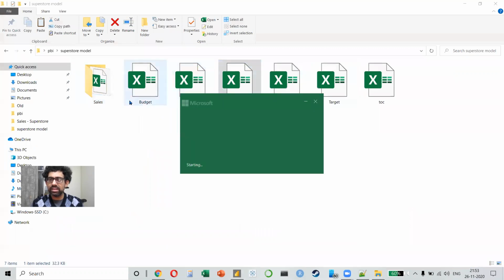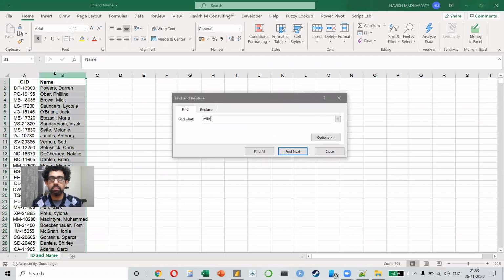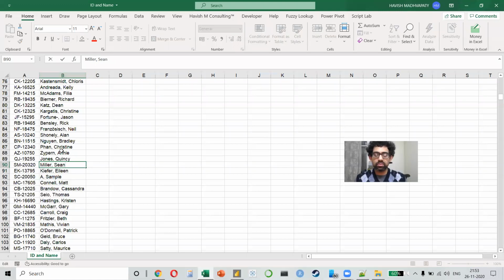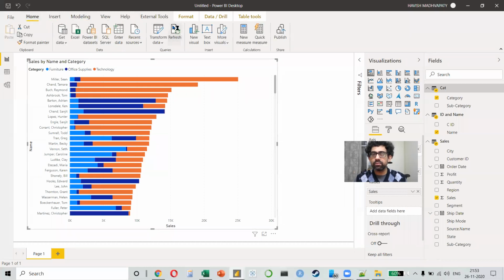When I come to ID and name, let's search for Miller, and I'm simply going to change this to Havish. Just watch everyone. One click, home, refresh, and the change happens. How fast is that?